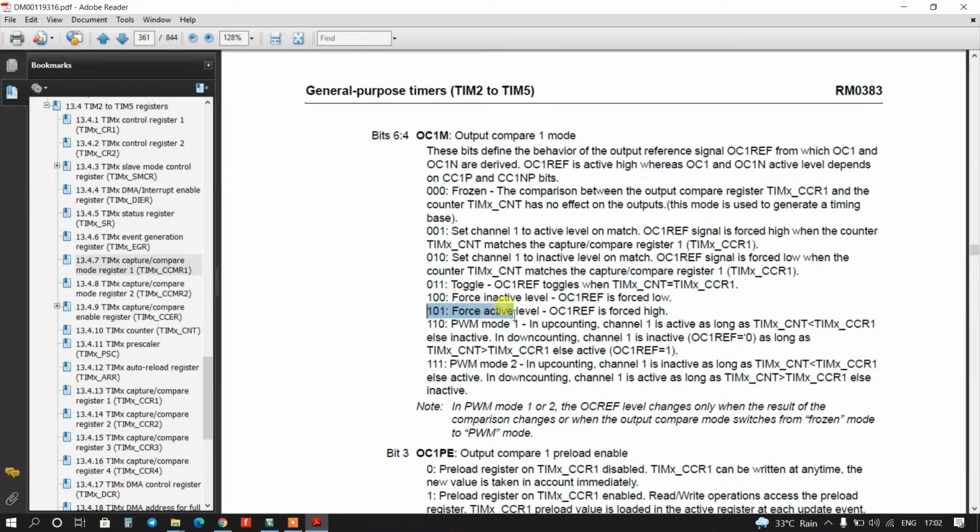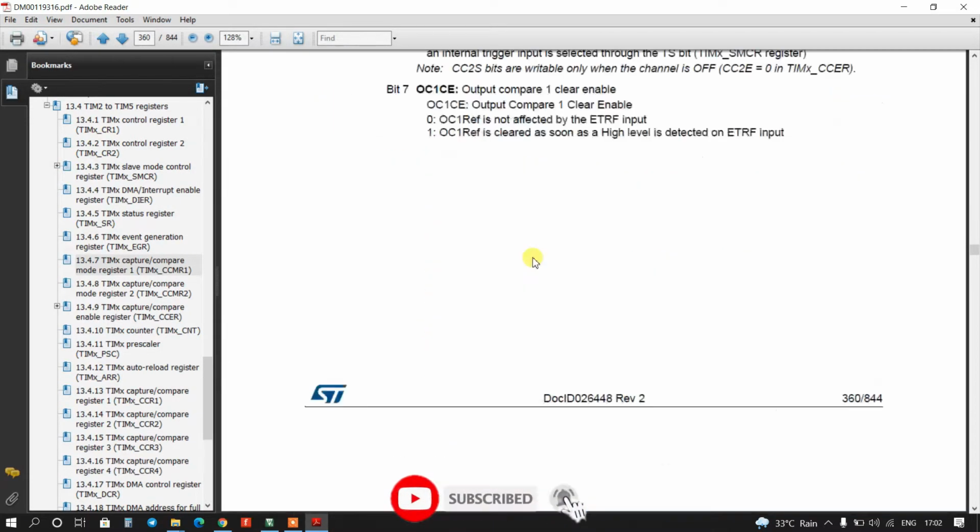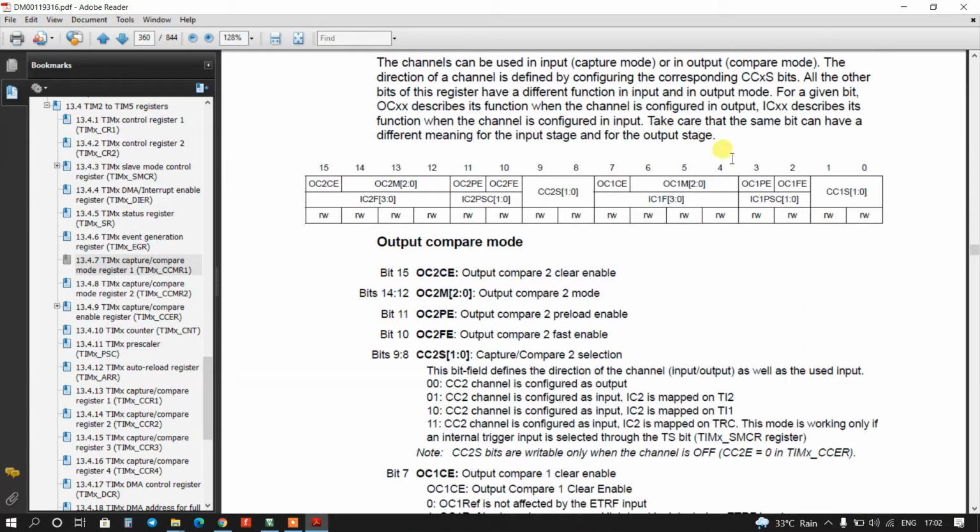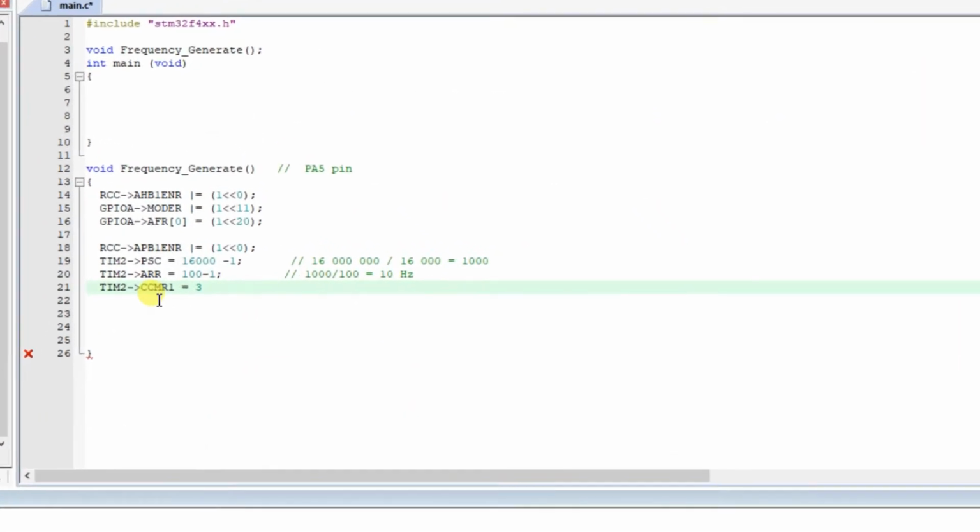So we will use force active level. It is 101, it means the fourth bit will be 1, the fifth bit is 0 and the sixth bit is 1. In decimal form it will be 3 left shifted by 4. It starts from the fourth bit. Okay, so 3 left shifted by 4.